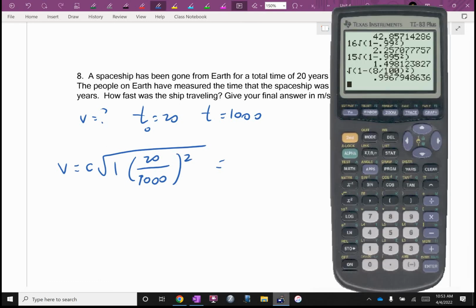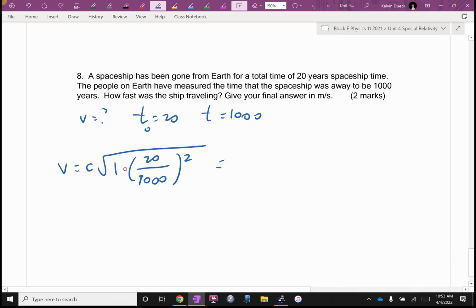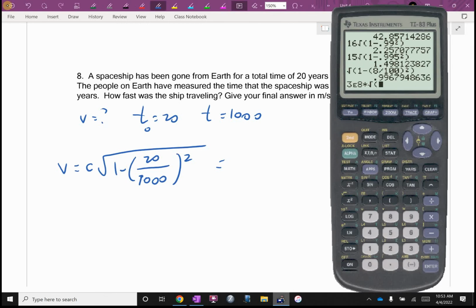So instead of leaving the C as a C, I'm going to put it in. 3 times 10 to the 8th times square root of, should be a minus sign there, Mr. Dewick. 1 minus bracket 20 divided by 1,000 squared. Close off the square root. And I get,